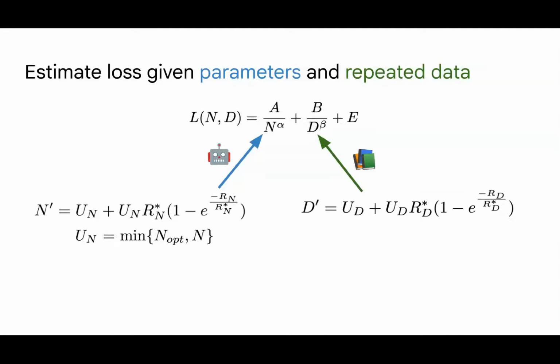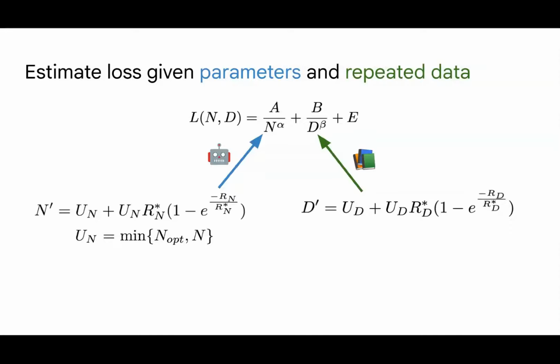Next, let's return to the mathematical model. The predicted lines come from our variant on the Chinchilla formula, taking into account the data constraints. We note that the formula is a function of the number of parameters and the number of data points. But we've seen that the way we're handling data points is to substitute the unique tokens d with a new variable d prime that takes into account the exponential decay of repeated tokens.